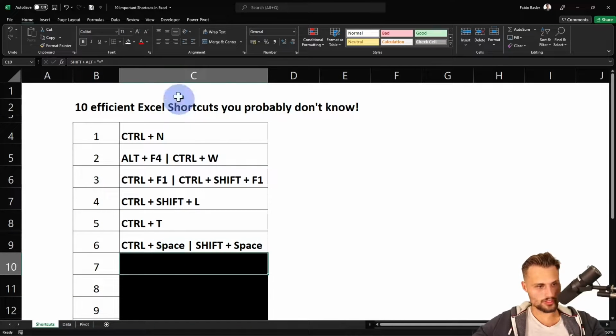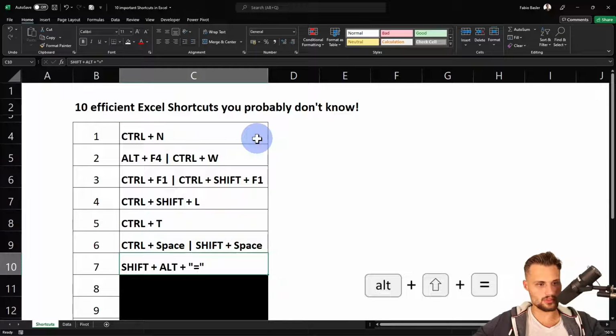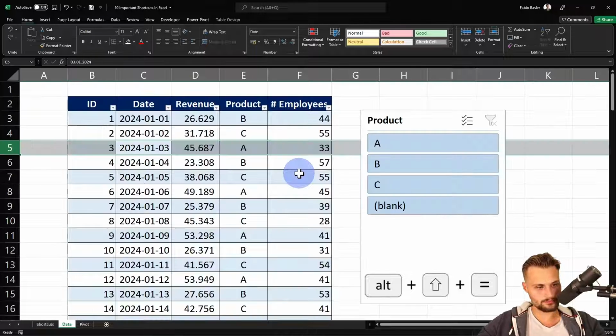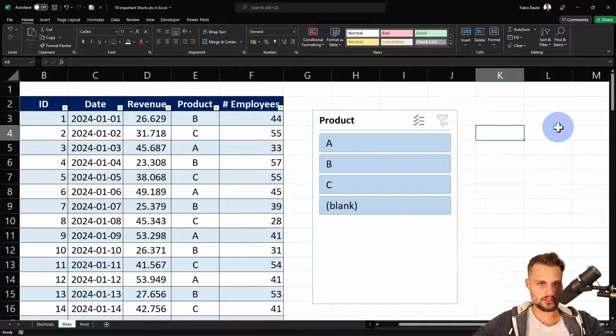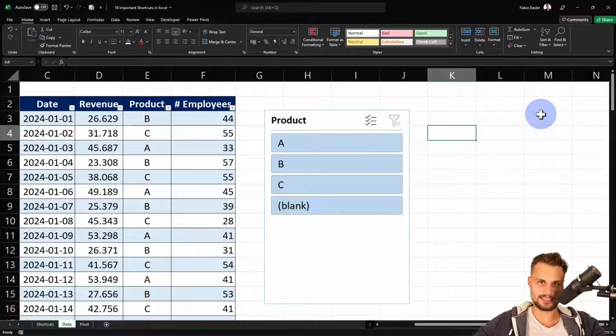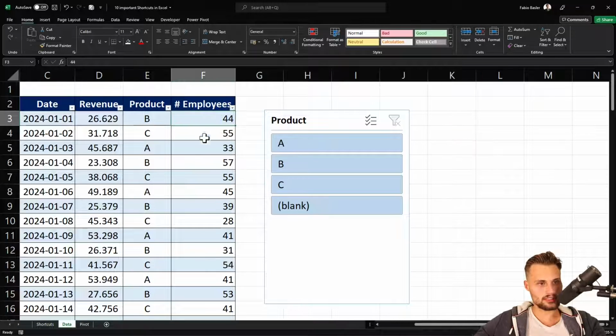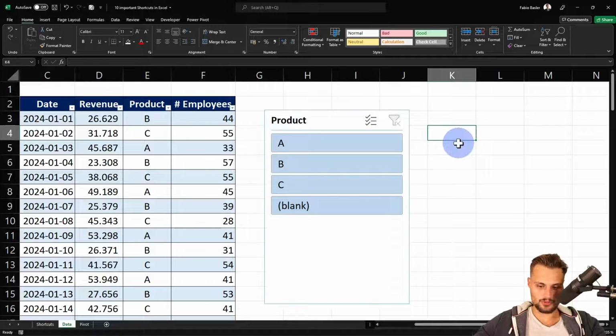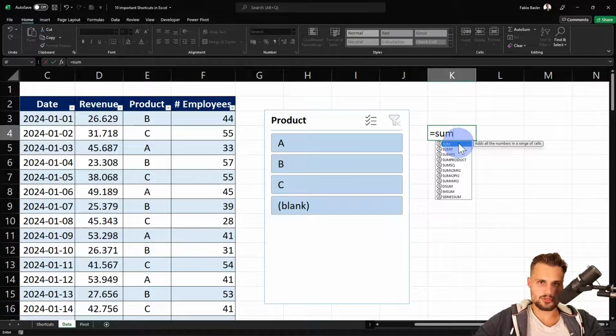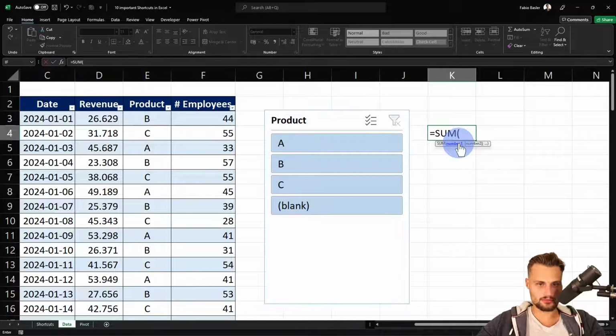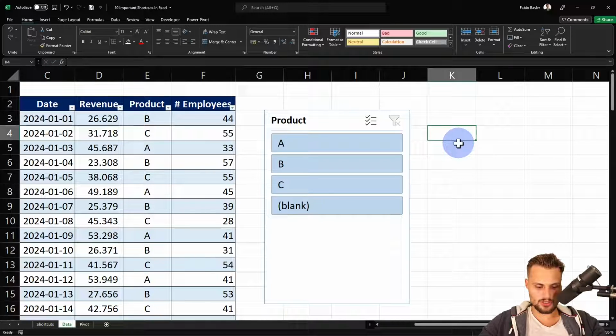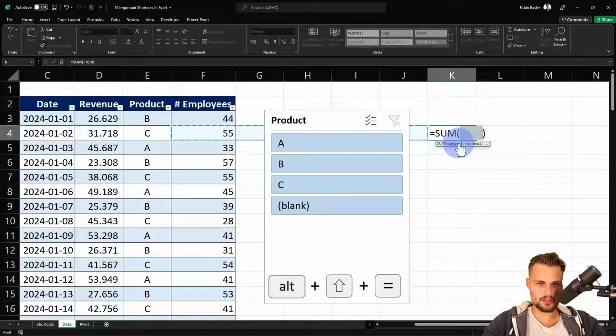Let's come to shortcut number 7, which is Shift, Alt and equal. Sometimes it is interesting to calculate the sum of a row. For instance, we want to calculate the sum of our employees. For this, we can use the sum formula function in Excel, and you can press the Tab key so that it is automatically filled, but you can also press Alt, Shift and equal, and